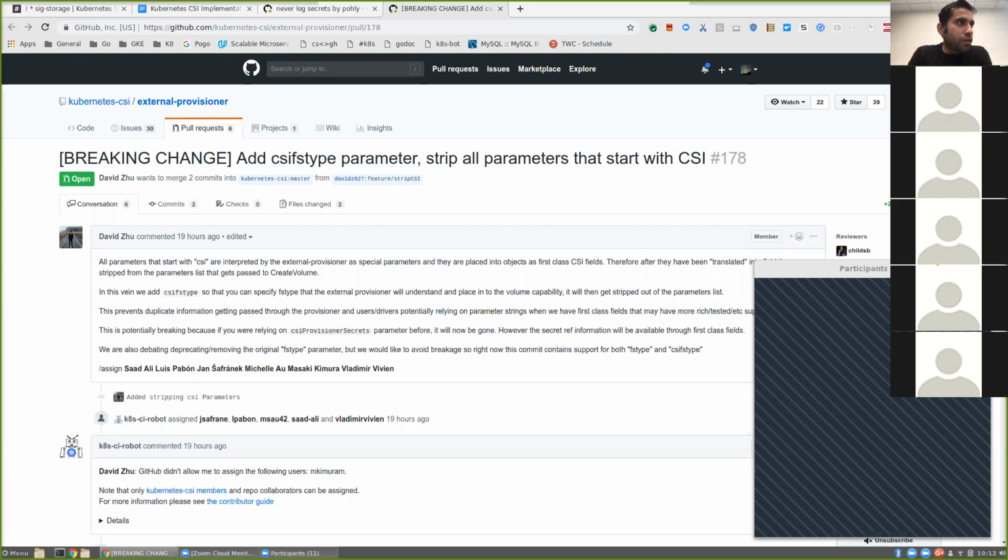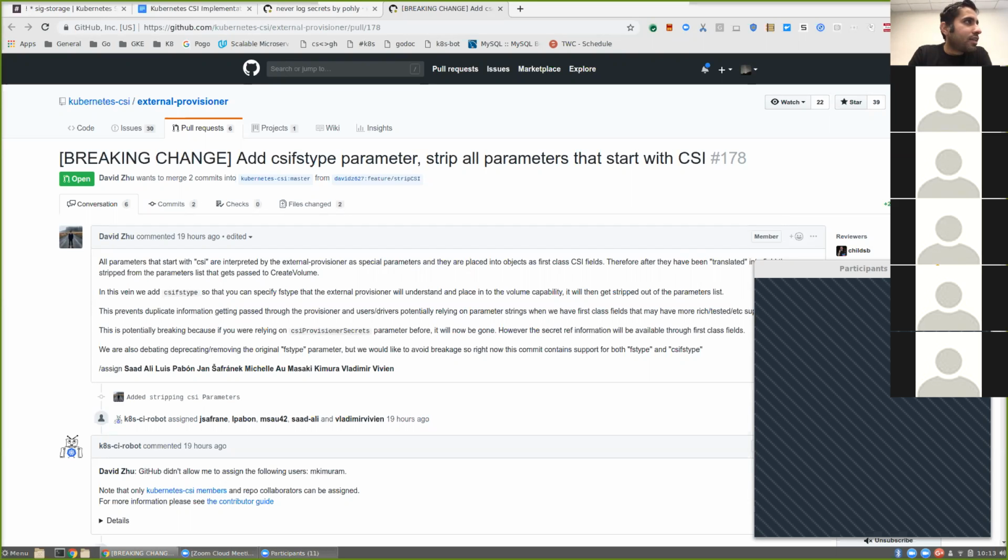Adding anything new to the storage class field is like a 3-quarter project. You have to go through alpha, beta, GA, and we would not be able to do it this quarter. If we were to do that, the earliest we could get it in would be Q1, and then it would have to GA by Q3 of next year. So realistically, the ship has sailed on that option.